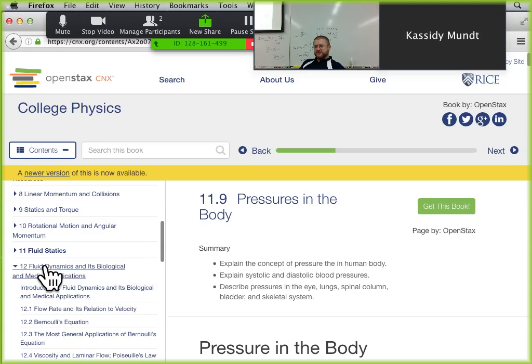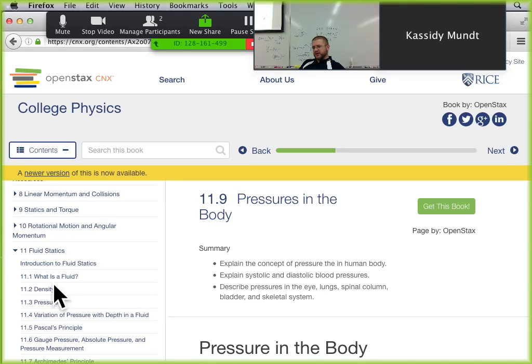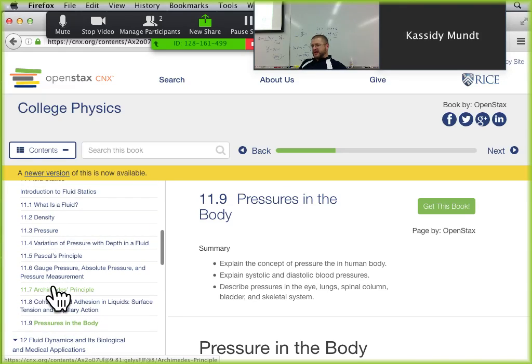So now that's fluid statics, and let's just review really quick the stuff that we covered. We talked about density. What density is? It's just the mass of an object divided by its volume. That gives you the average density of something. And then there's pressure. Remember, pressure is force that is distributed over an area, right? So it's force divided by area.